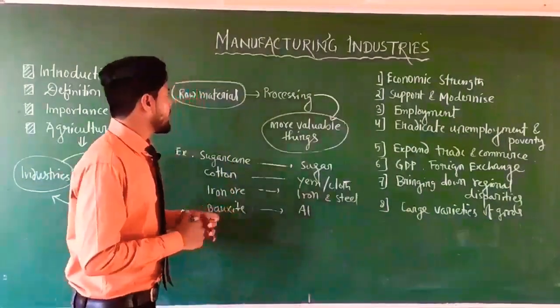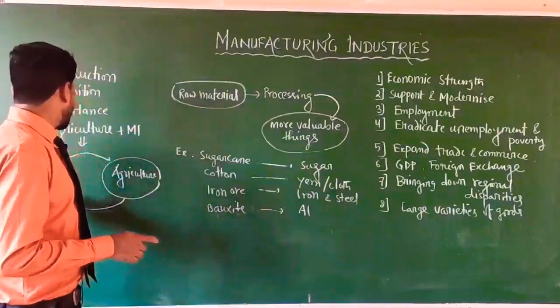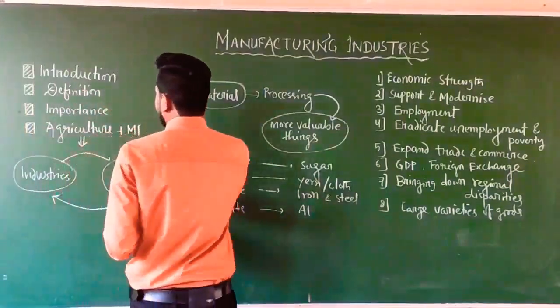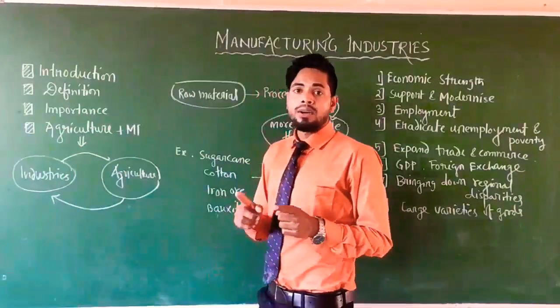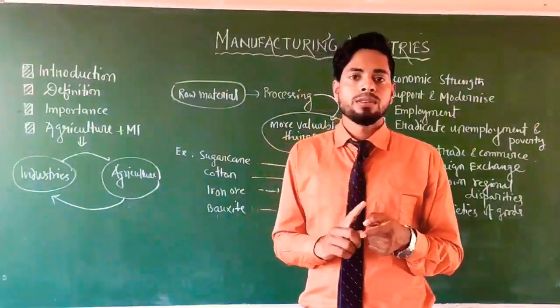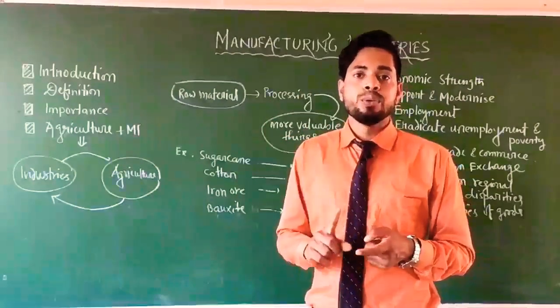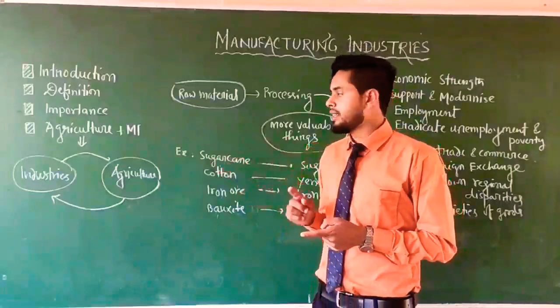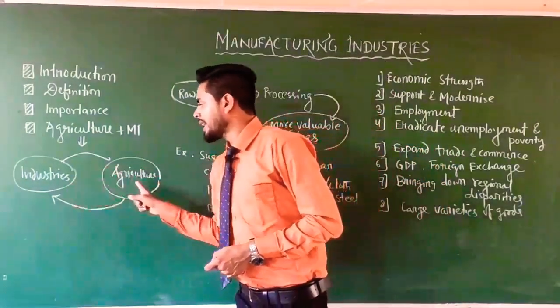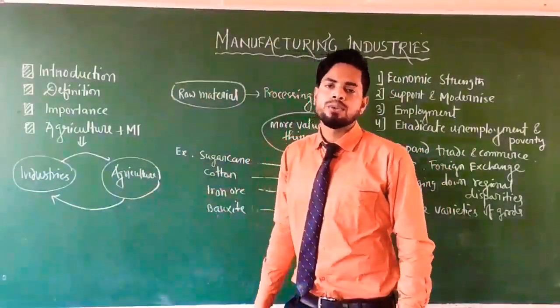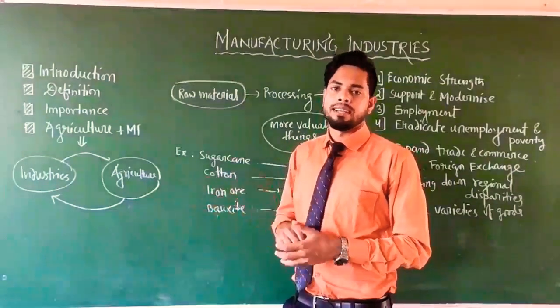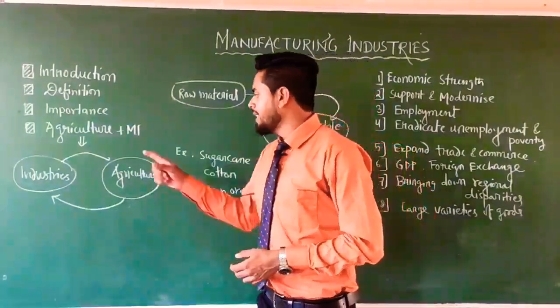Next is industries and agriculture. Both industries and agriculture are not exclusive of each other. They move hand in hand. How? Now industries